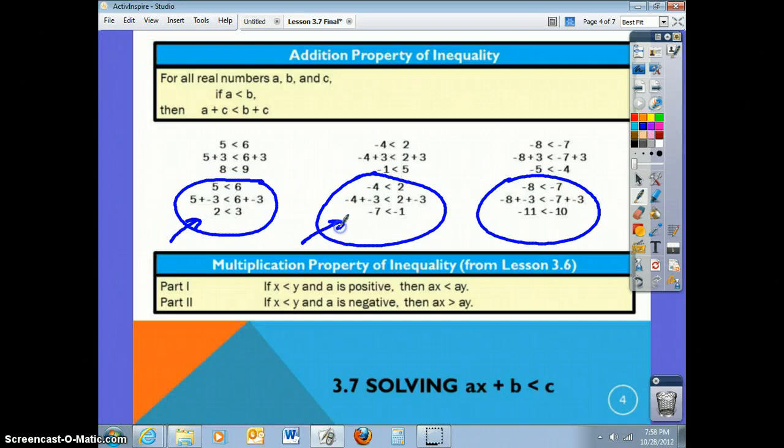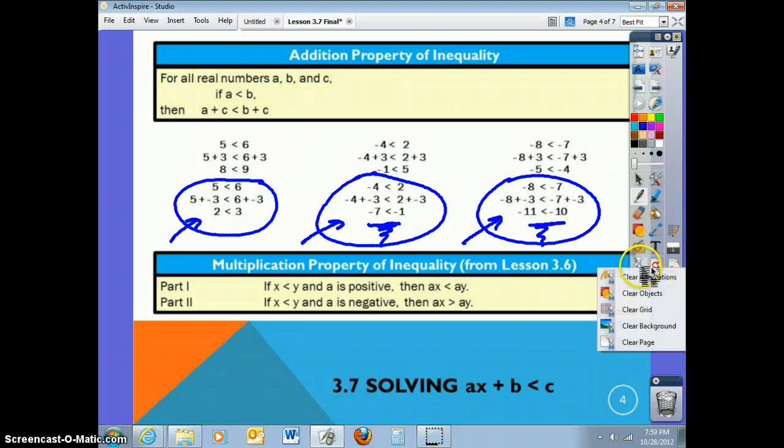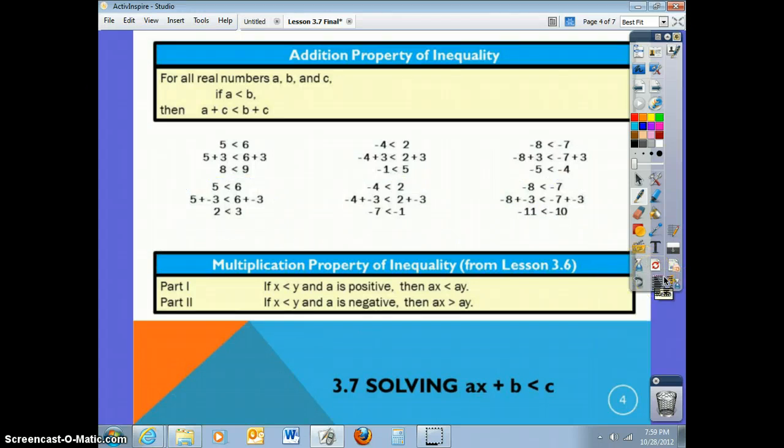If I have negative 4 is less than 2, which is true, and I add a negative 3 to both sides, I get negative 7 is less than 1. Also true. And the inequality symbol does not flip. If I have negative 8 is less than negative 7, and I add a negative 3 to both sides, I have negative 11 is less than negative 10, and that's also true. So adding a number to both sides, whether it's a positive number or a negative number, does not change the